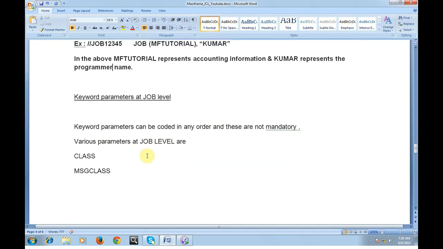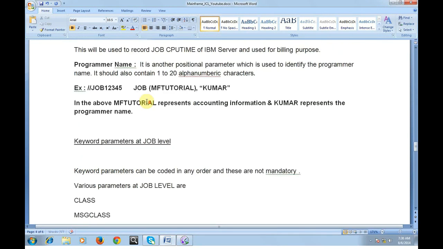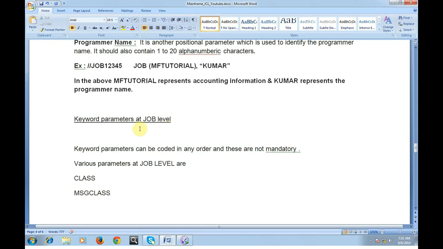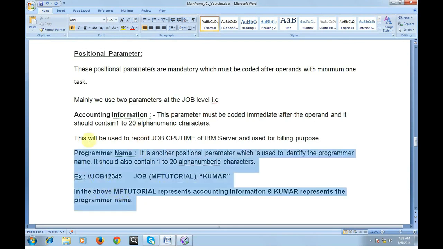The next one is the keyword parameters at job level. So this was about the positional parameters which we discussed just now.